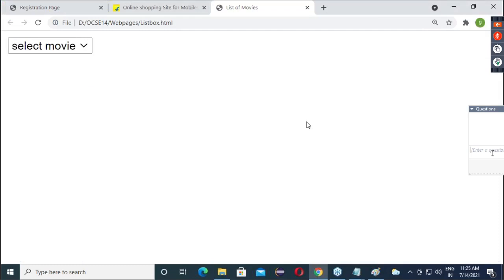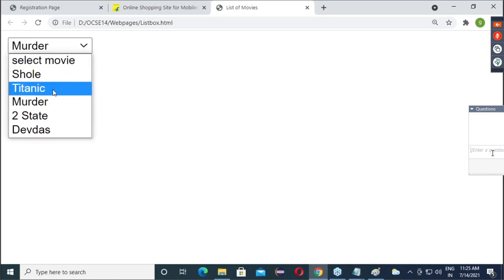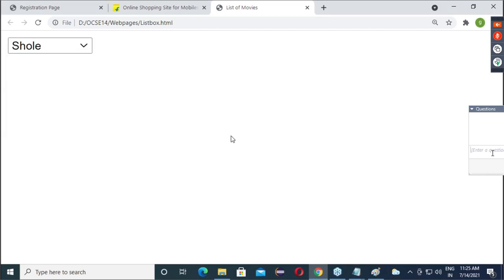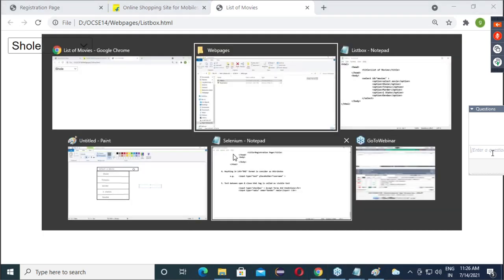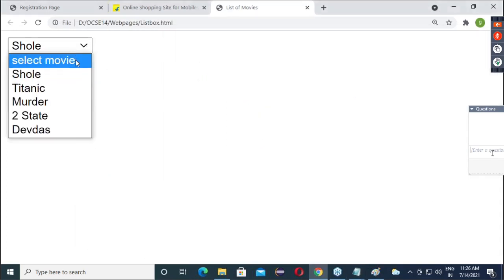Does it look like a list box? Select movie. You will have an option. Click on this. Select one option, second option, last option, whatever we want. Any confusion? Understood? So whenever we talk about a list box, the tag names we have to remember are: a list box is made up of select and options. Inside every select there will be options. So note this down. This is a list box.